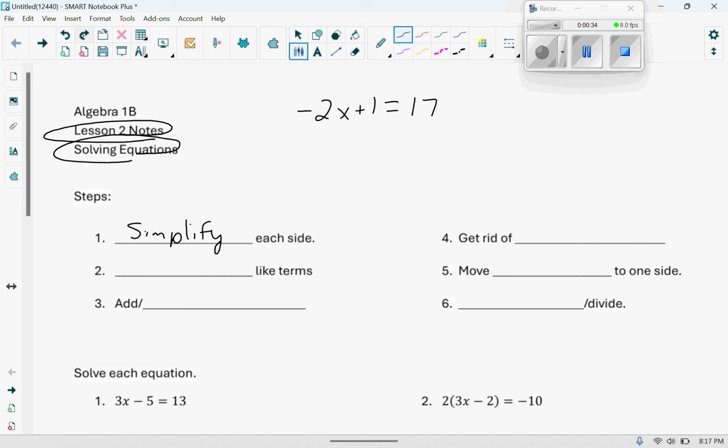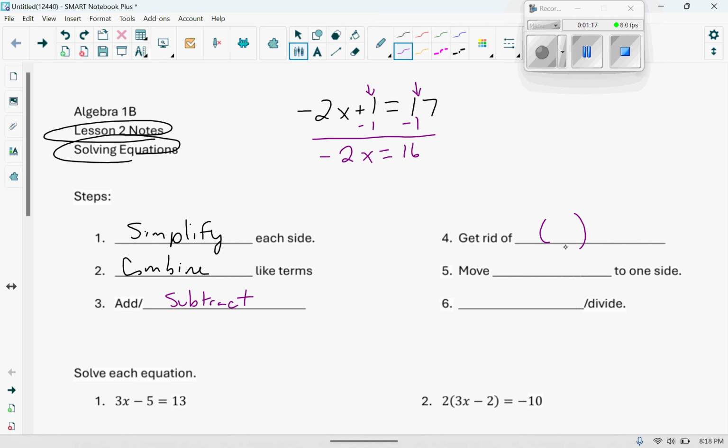Okay, and then the next thing, step 2, is I'm going to combine like terms. And so if you'll notice, I have a number here and a number here. So I'm going to do that by adding or subtracting. So in this case, I'm going to subtract 1, and I get negative 2x is equal to 16. And so combining like terms often includes adding or subtracting. And then also, if you have any parentheses, we would need to get rid of those first before we start